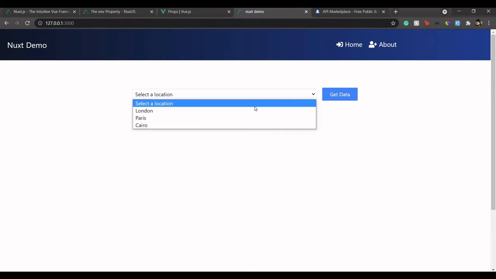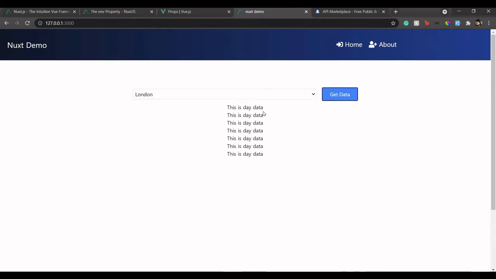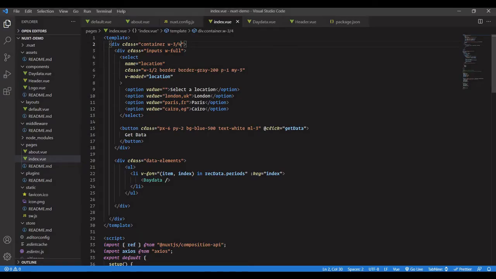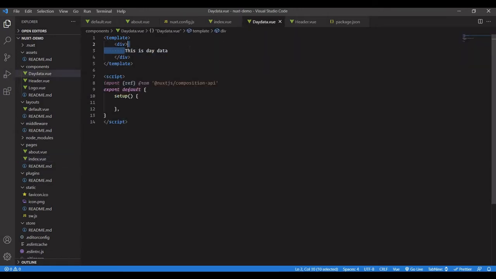So now let's see London, and we have this data. Now let's make it into a proper component. So what about proper styling? What we will do is we'll go over here. We will say each div is going to be a card. So we will give it Tailwind classes. We will say width will be full. Height would be say